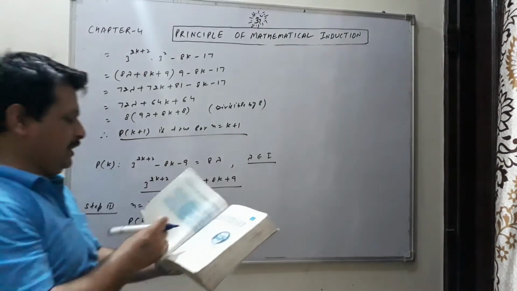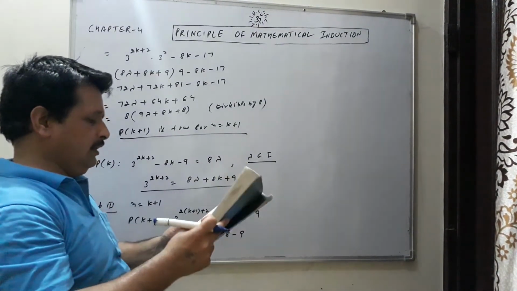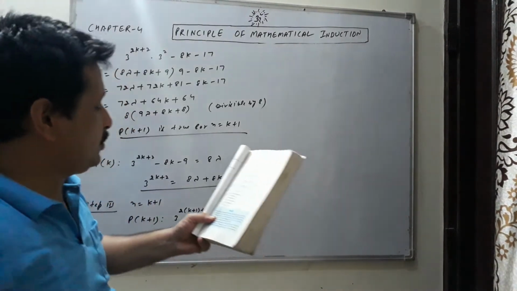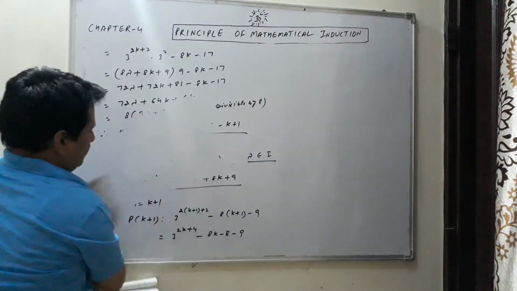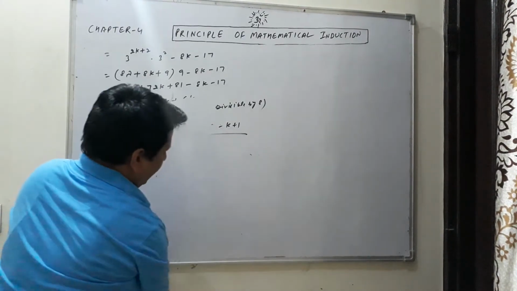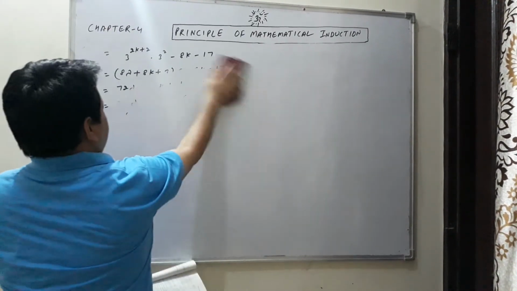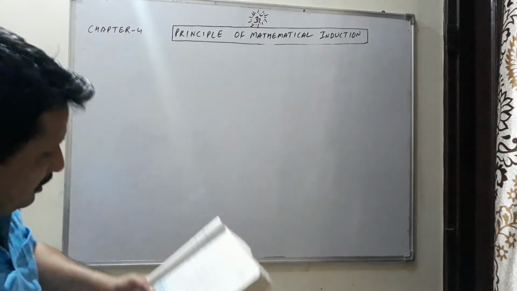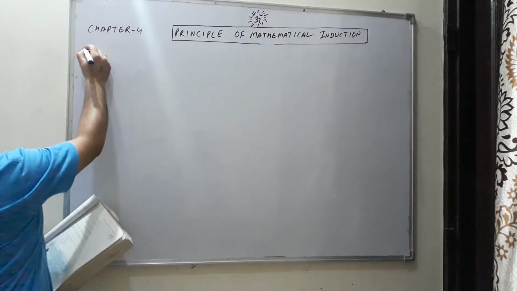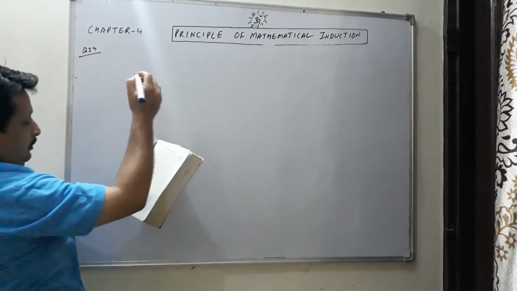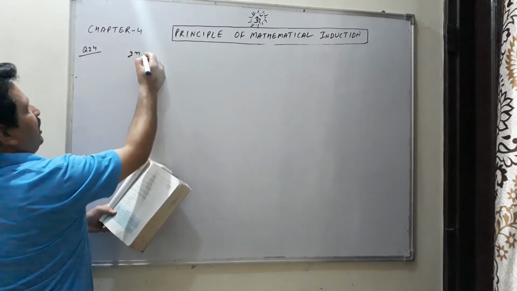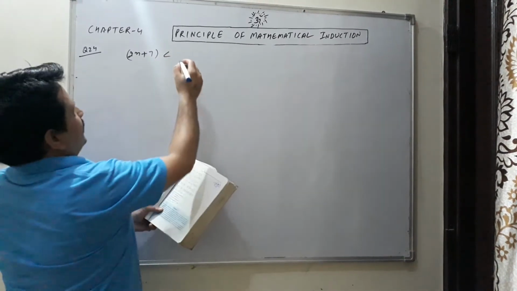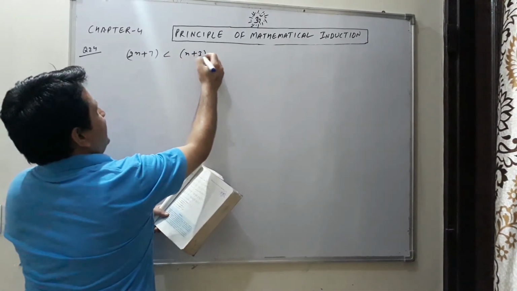So this is the solution of question number 22. Question number 23 is also the same, students. Try to solve question number 23 yourself. Very easily you can do it in the same way that I used for this question. So let us come to question number 24. It's different because this problem is related to the inequality sign, that is (n plus 3) square.